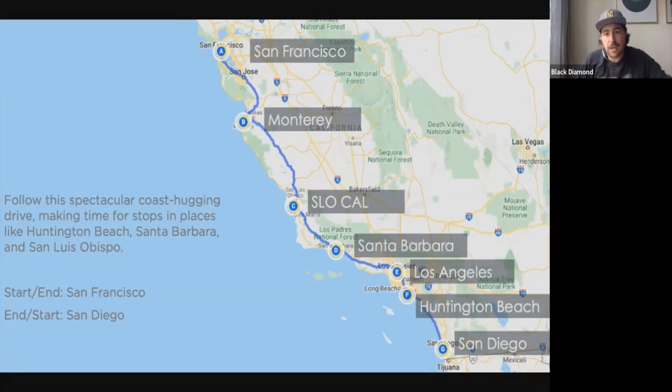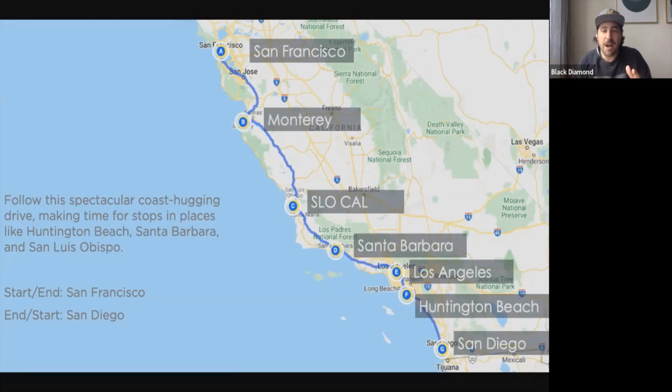And then you're going to make your way down to San Luis Obispo, Santa Barbara, Los Angeles, Huntington Beach, San Diego. So that's doing a true classic Highway 1. What we tend to find is a lot of people will do variations, and that's why I've created the next iteration of this. What we're about to talk about is called the loop, and that's where we loop ourselves back towards San Francisco, or back towards LA or San Diego, depending on our start point.